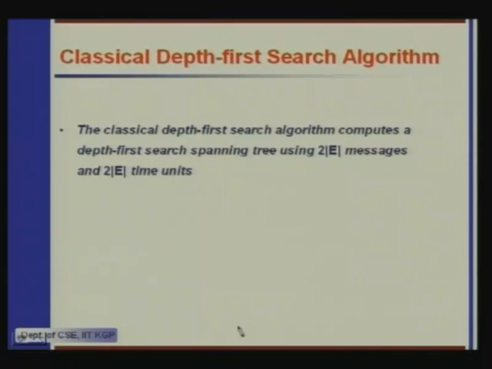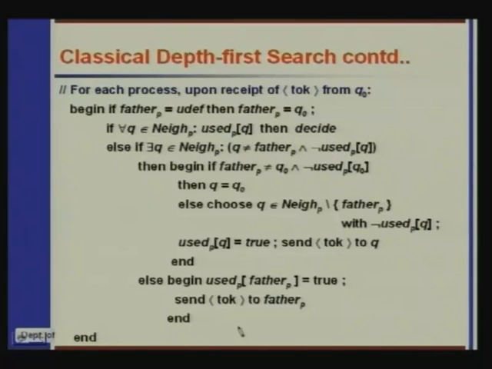Okay. All right. So, this is the classical distributed version of the depth first search algorithm, right. Is there any doubt about this algorithm? Are you clear about its working? This is a traversal algorithm,